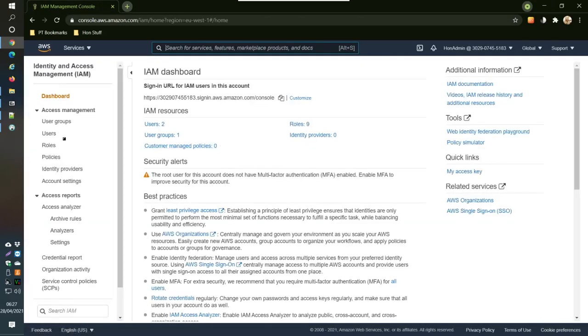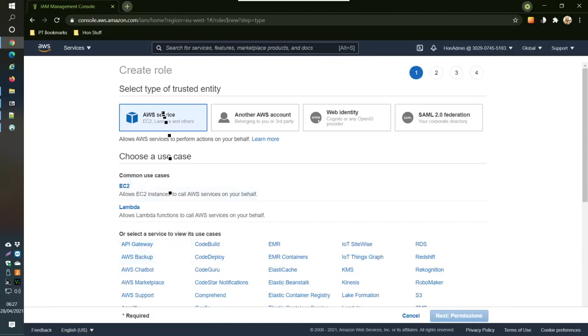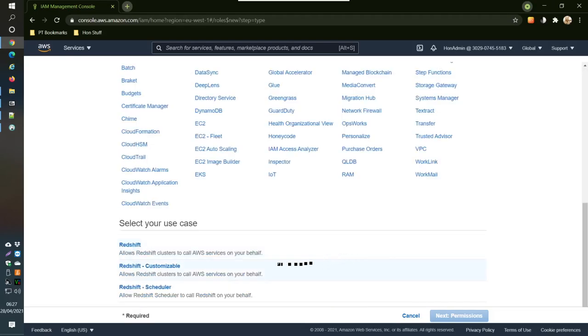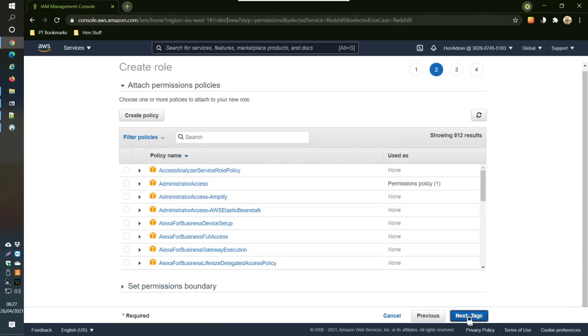then go into roles, then go into create role, leave it as AWS service, go to Redshift, and then click Redshift customizable, so that's highlighted. Then click permissions, leave this, here, attach. So here you need to look for Redshift,